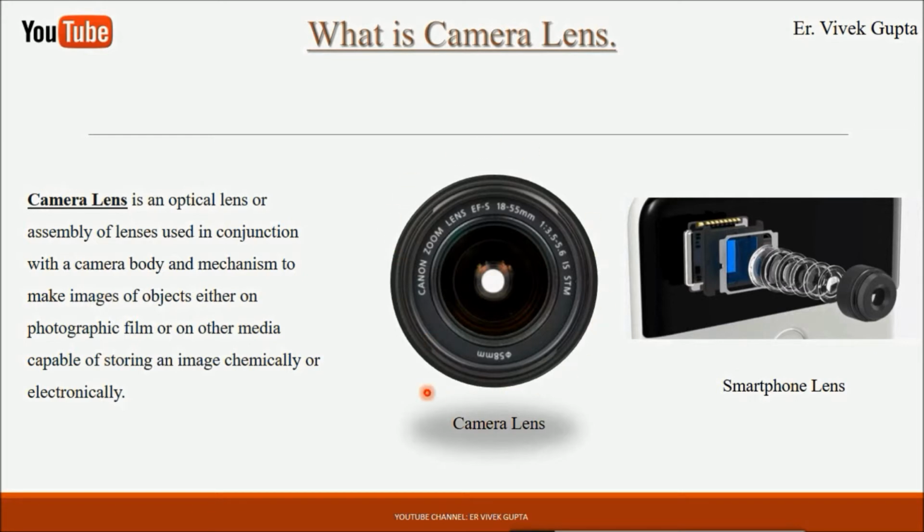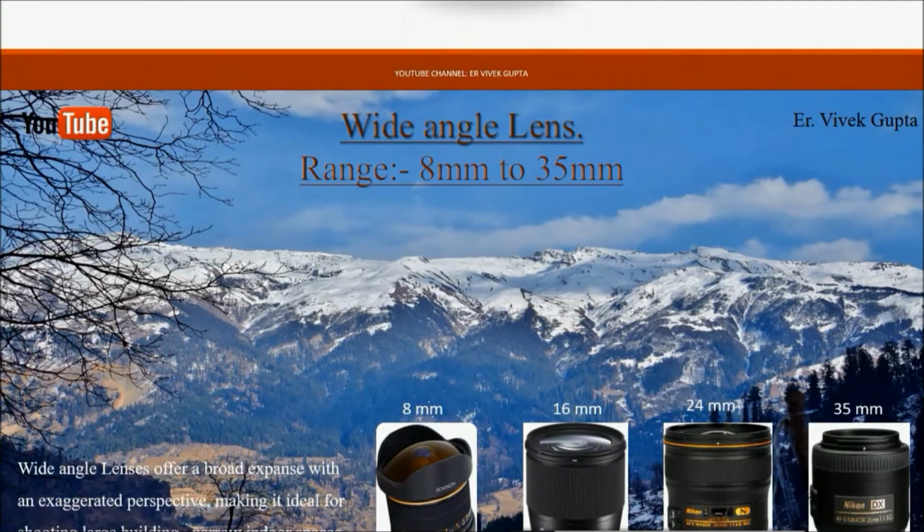So this is the view of a camera lens, or you can say a DSLR lens looks like this. And if you expand the lens of a smartphone camera, then it will look like this. Here you can see different types of lenses are attached in a smartphone camera, and they are attached in such a sequence that they help us to adjust all the things which are required to capture an image.